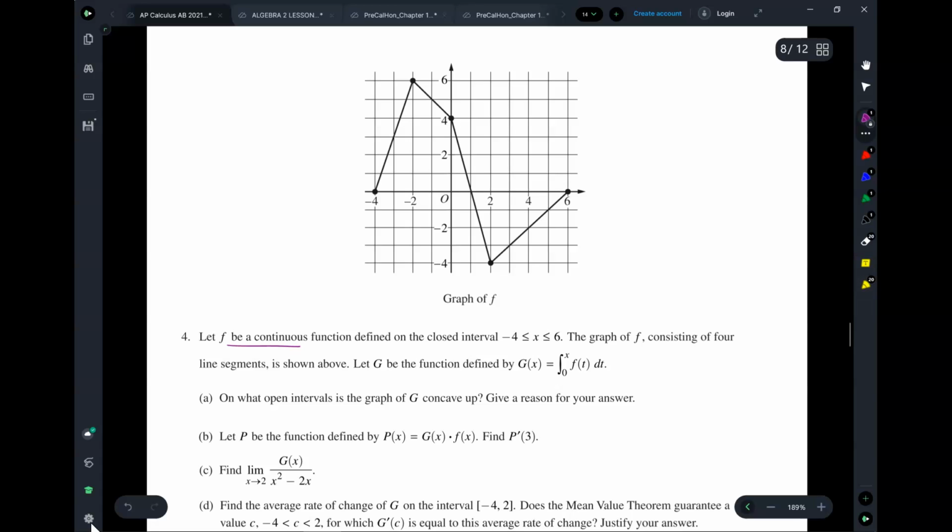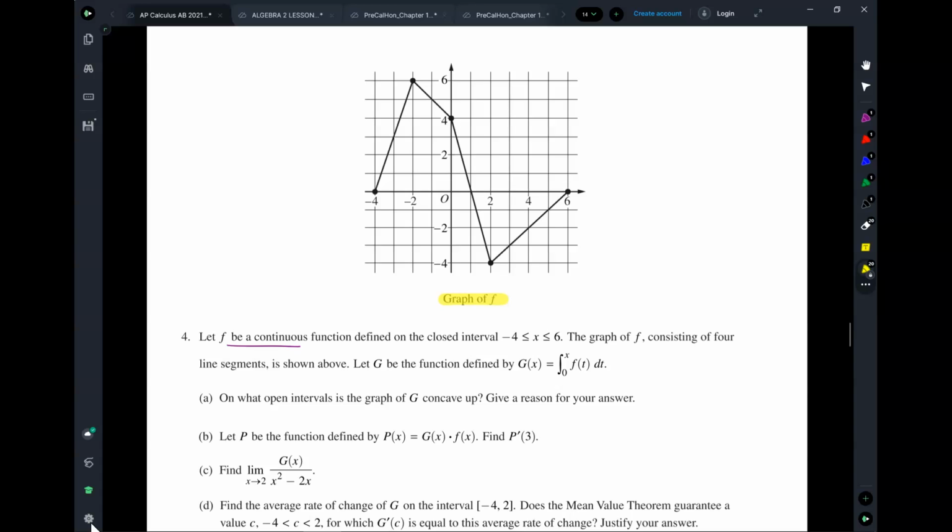But the most important thing that we read here is that the graph of f is shown above. You want to highlight this, and when it comes to these types of problems, it's very easy to get lost in, wait a minute, what is what, okay? So it's very important to keep track. This is the graph of f, so highlight that, whatever. Okay,